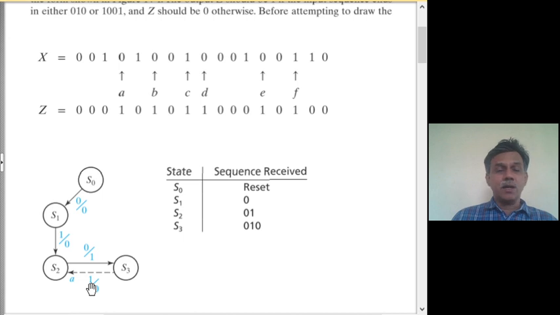So, that has to be understood. Again, already we have a state S2 which represents the case where 0, 1 has occurred. So, we can go back to S2. So, when a 1 occurs, you can think of whether to create a new state or to go back to S2. We can immediately conclude that it is better we go back to S2. That way we can handle overlapped 0, 1, 0s. Okay, we have handled this case 0, 1, 0.